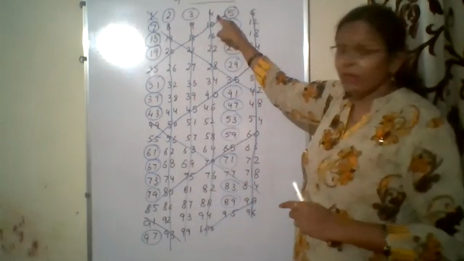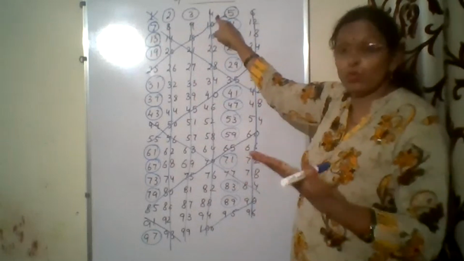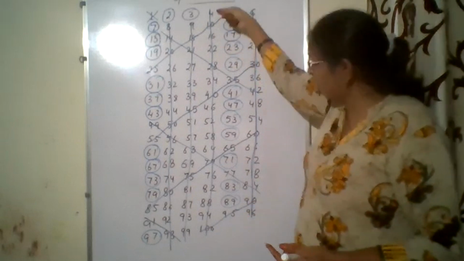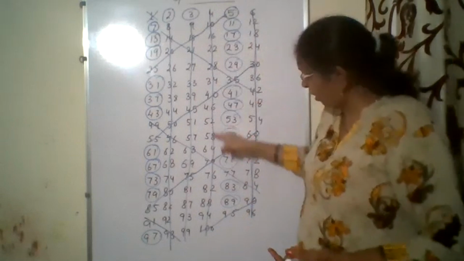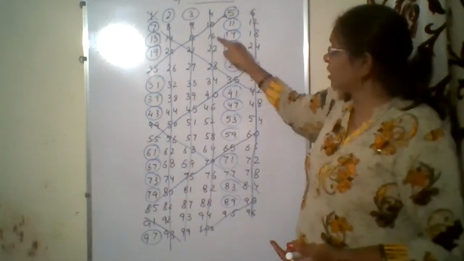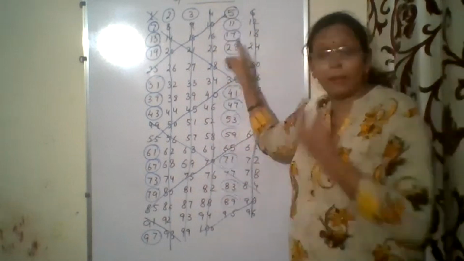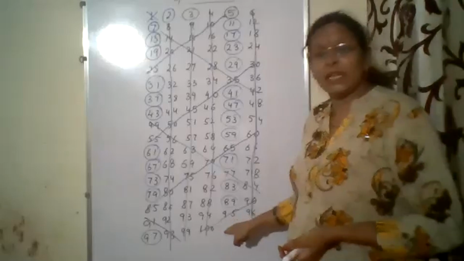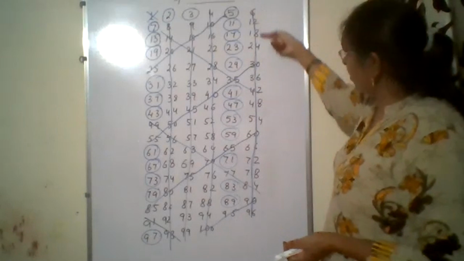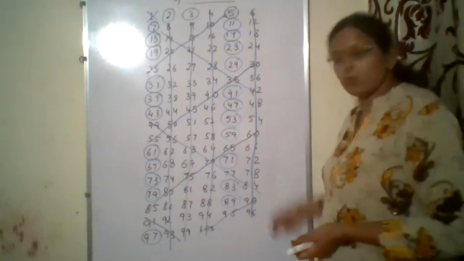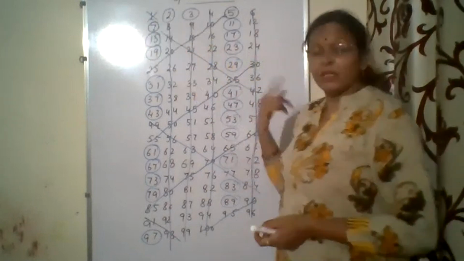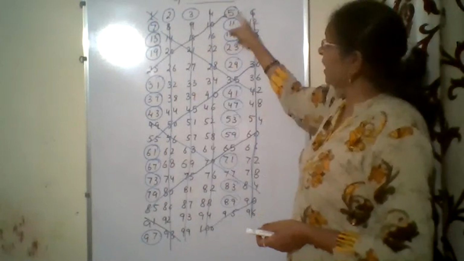Now 4. 4 is not a prime number because it has 2 as a factor. So 4 is not a prime, but the numbers coming below 4, they all are having an even number at their 1's place. See, 0, 6, 2. So we strike off, these all numbers are even numbers and they are divisible by 2. Similarly, here see 6. 6, all the numbers are divisible by 2. So we strike. And then 7 is a prime number. So circle 7.